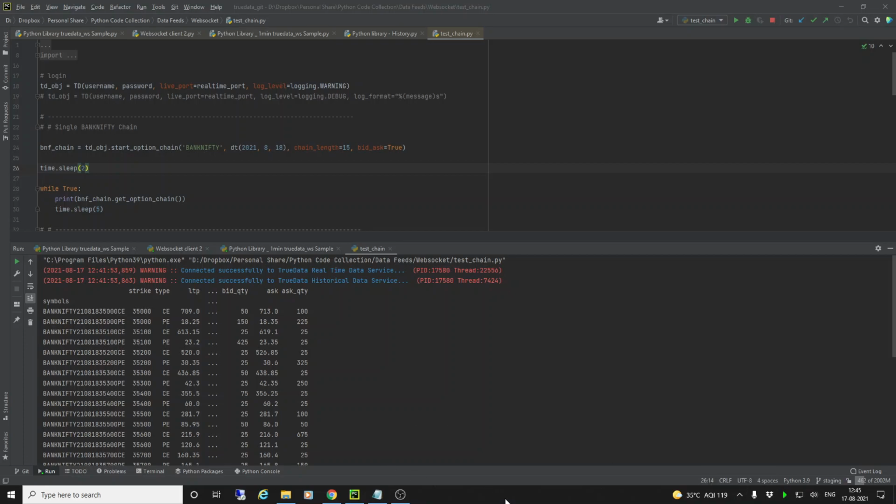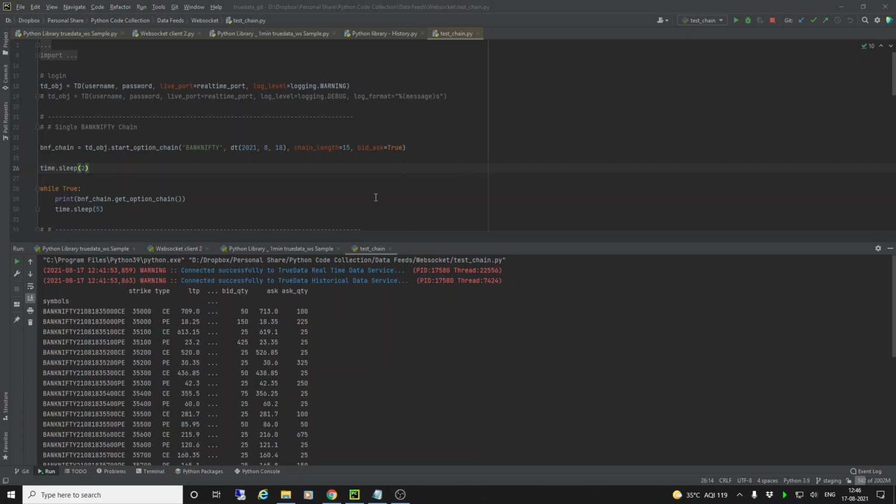Hello friends, today I'm going to tell you about the latest update which we have given in the Python library, which helps you get option chains with ease. I will tell you how simple it is and how you can do more with it. It's just a basic overview of the option chain, and there would be much more that you would be able to do with this library once you get a hang of it and start using it.